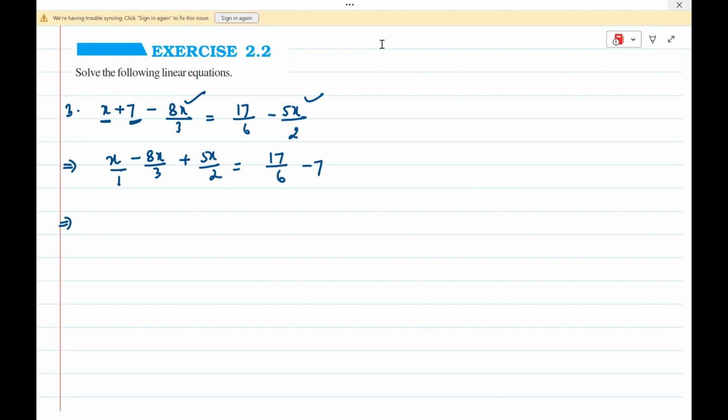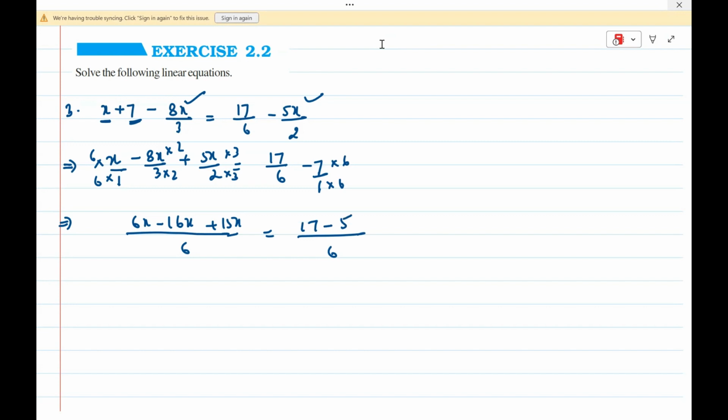1, 3, and 2. The LCM is 6. Equate the denominator into 6. Here into 2. Here into 3. So this is going to be 6x, 16x, and then 15x. On the right hand side, again, the LCM is 6. Here nothing means 1. Make the denominator 6. So 17, and then 7 6s are